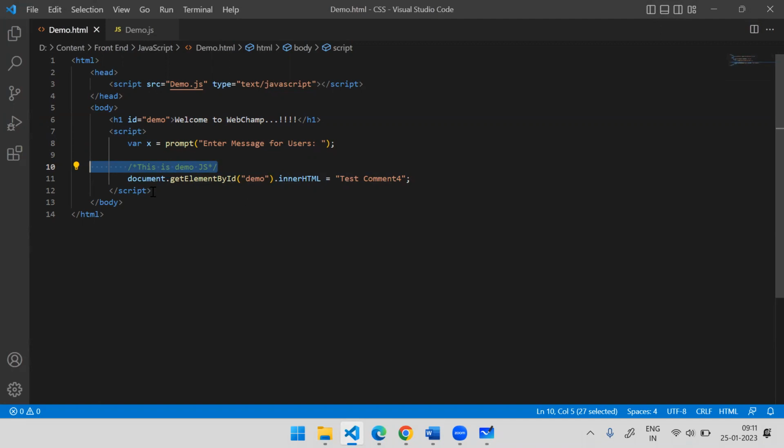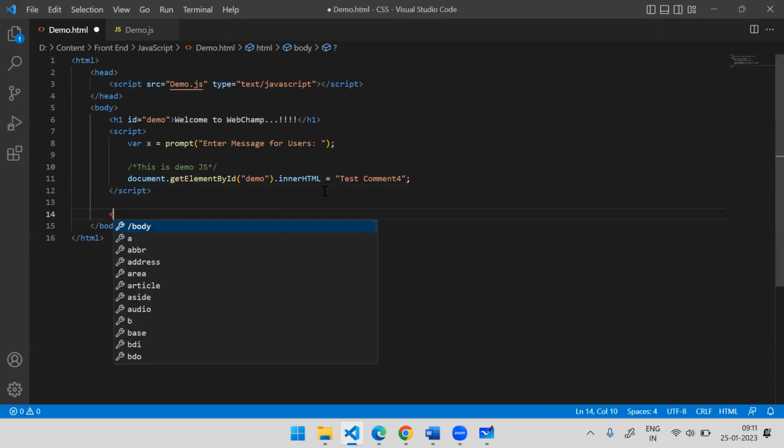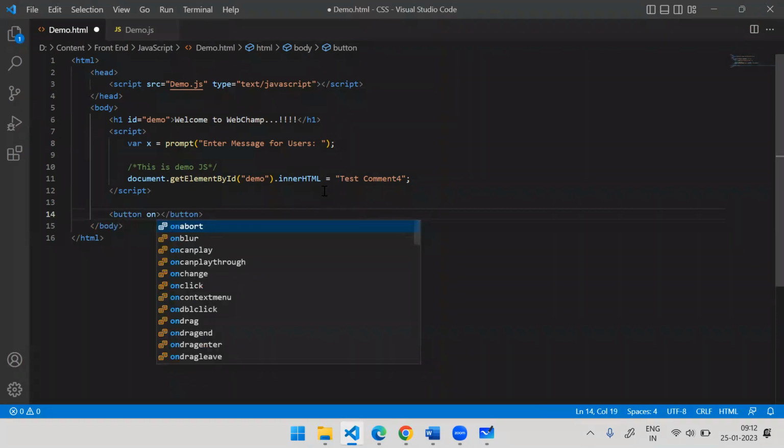Okay, so I wanted to add some code here. What I will do, I will take a button to demonstrate one event. I have taken a button here, and I will say